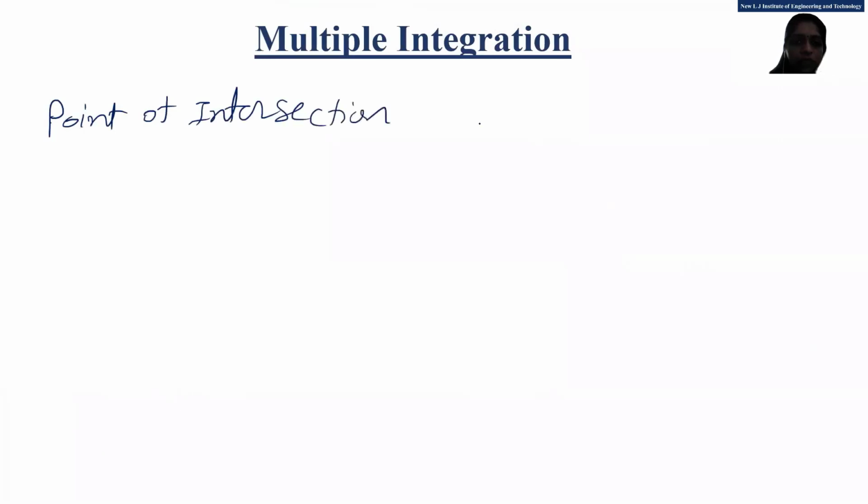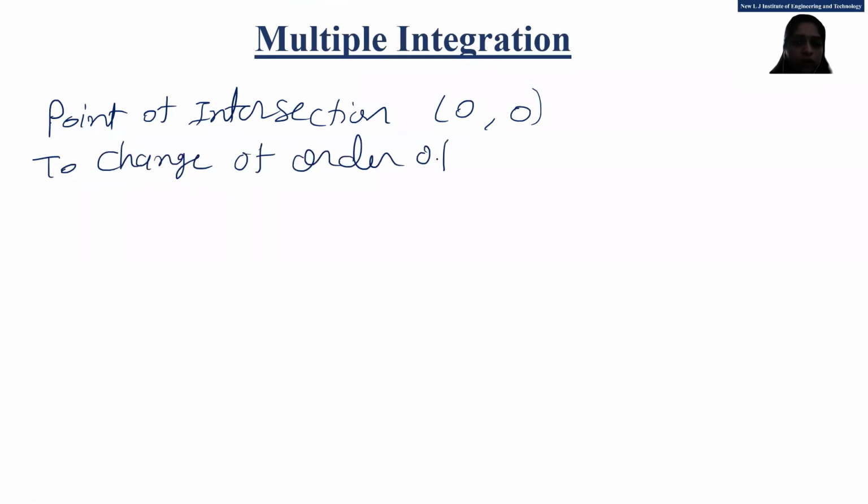Point of intersection is 0, 0. There is only one point of intersection. Now, to change the order of integration, we have to convert our vertical strip into the horizontal strip. So, to change the order of the integration,